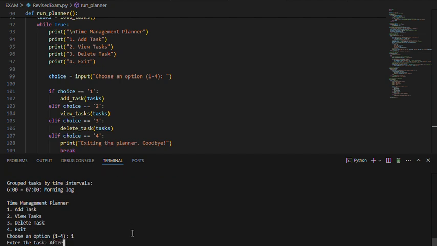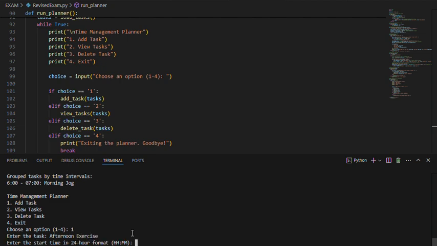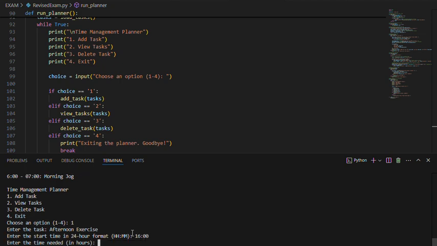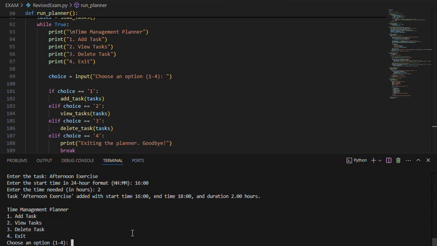So now let's add another task. Afternoon exercise. So 24-hour format. Let's do this at 16 o'clock or 4 o'clock p.m. Now, hours needed is, no, 2 hours. Now, the task afternoon exercise added with the start time 16 o'clock, end time 18 o'clock, and duration 2 hours.